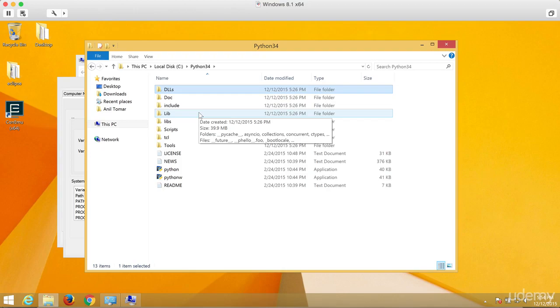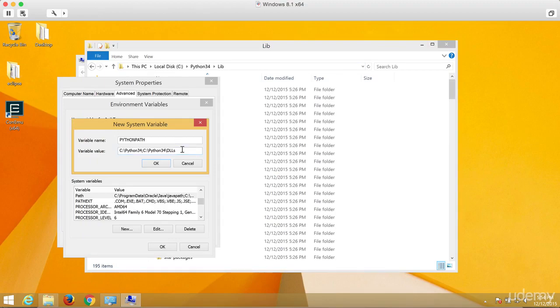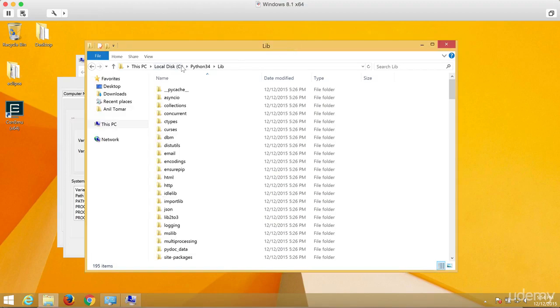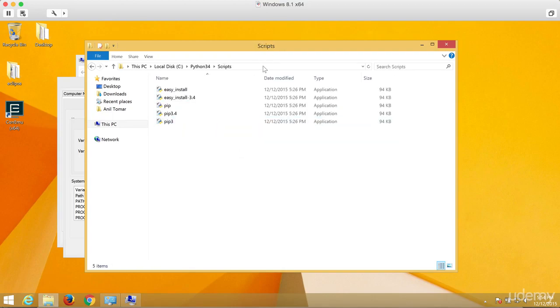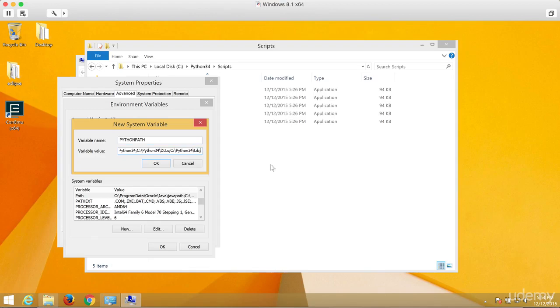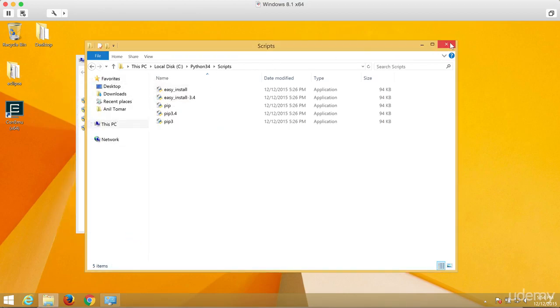So let's add Lib. These are the libraries, the location where Python has all its internals implemented. We want these to be known by our system so our system can run those things. And lastly, we're going to add the Scripts path. So let's add this, put a semicolon and this. Then just click OK and click OK here. So we're all set. This is all we need to do in order to set our Python path and configure Python on our Windows system. So let's click OK here and we're all good, done.